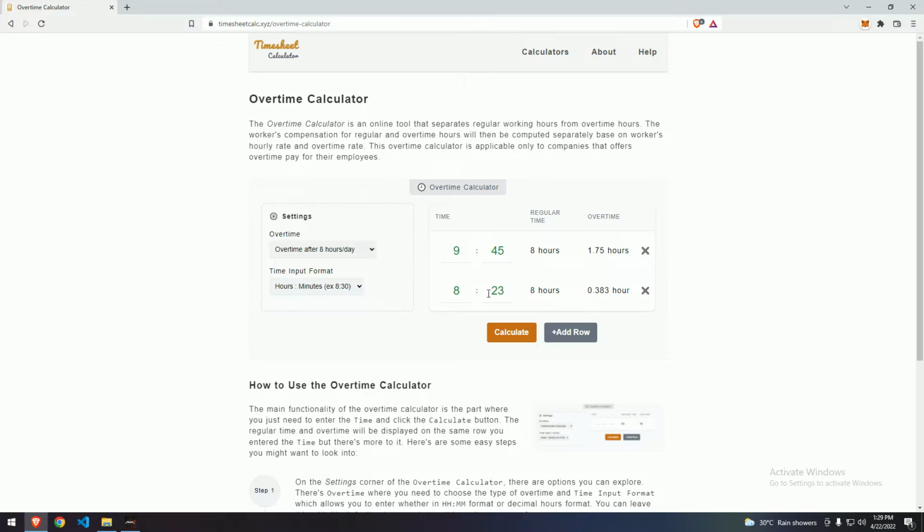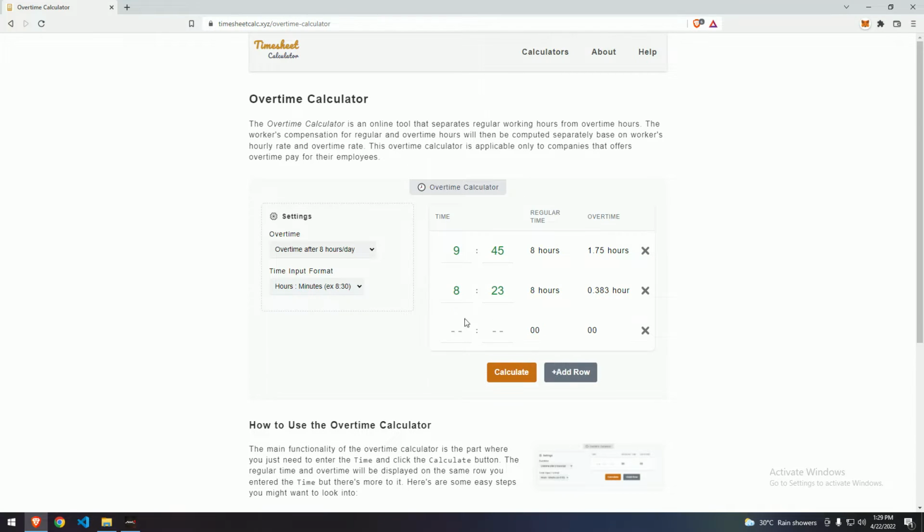So that overtime is 8 hours and 0.38 hours. If I add a row again, like 40 hours and 25 minutes, that would be 8 hours and 32 hours for the overtime. If you have overtime after 40 hours a week, then if I calculate,